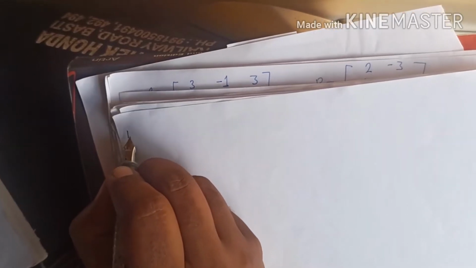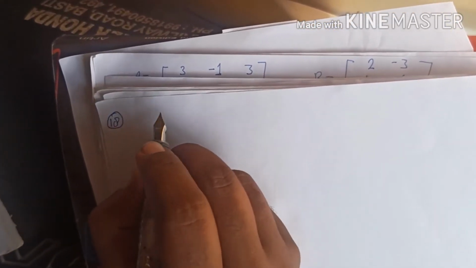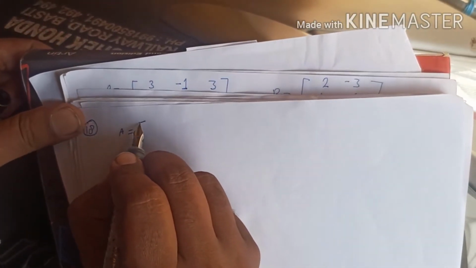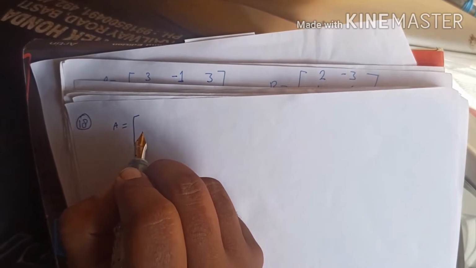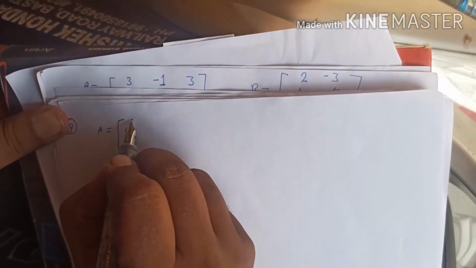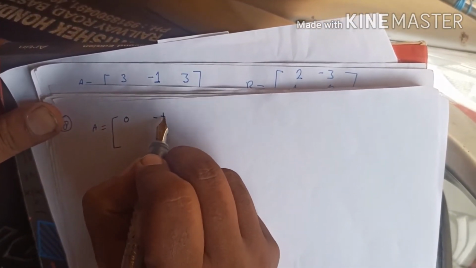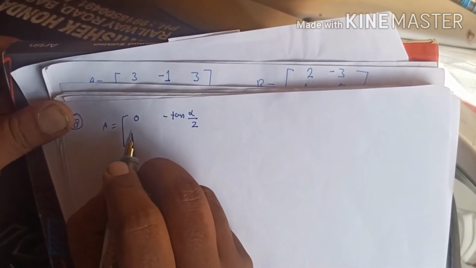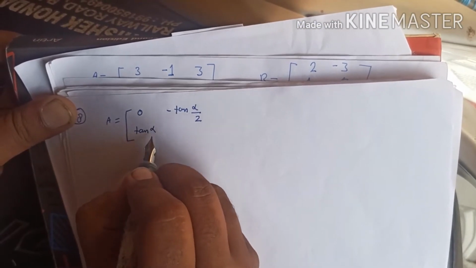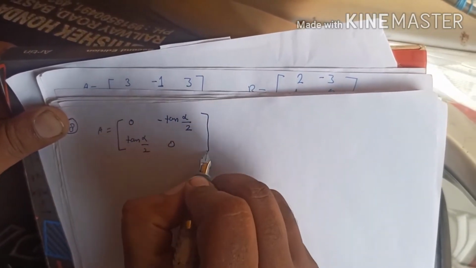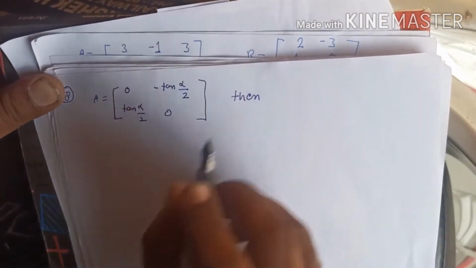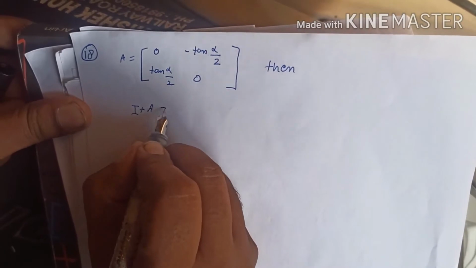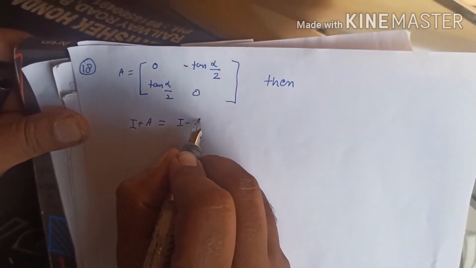Come to question number 18. What is question number 18? If matrix A is equal to [0, negative tan of alpha by 2; tan alpha by 2, 0], then I plus A is equal to I minus A